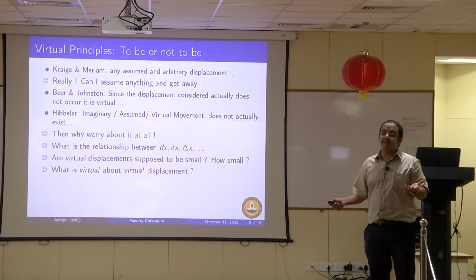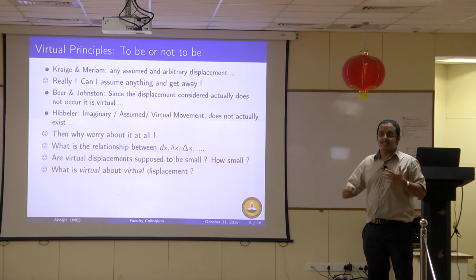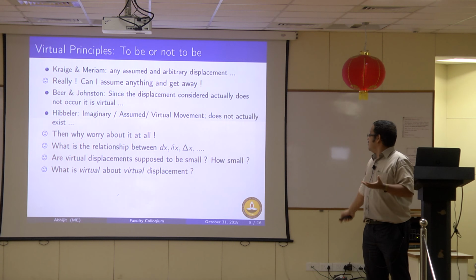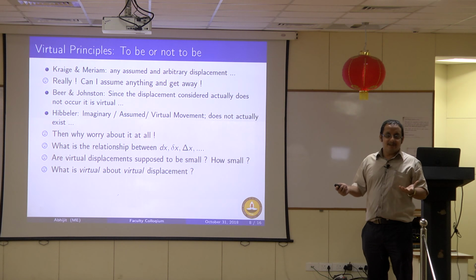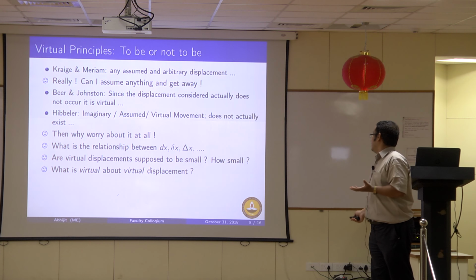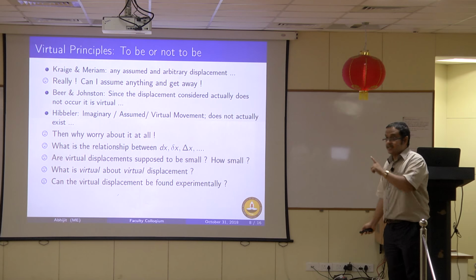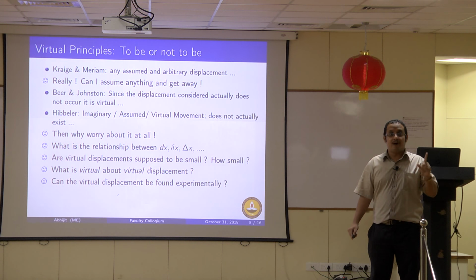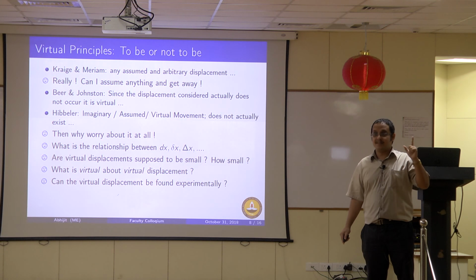Because today we are living in the age of virtual reality, and we tend to believe that everything which can be simulated is virtual. So do you mean to say in D'Alembert's time, this was like a simulated displacement and that's why it was called virtual? I don't know at this stage. This is a very interesting question that I have heard in IIT Madras often. Can this be found experimentally?